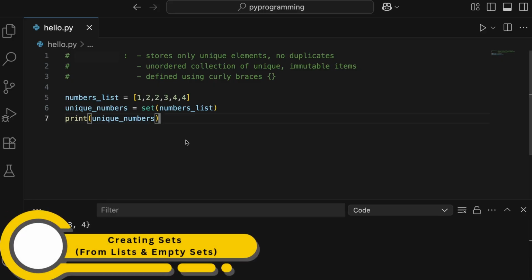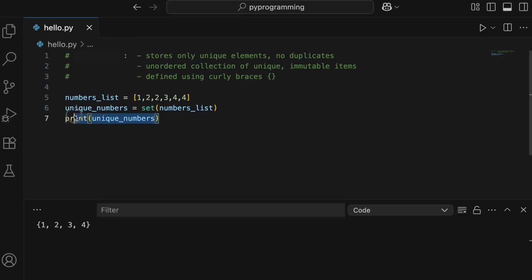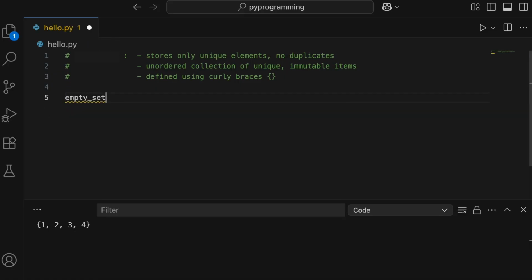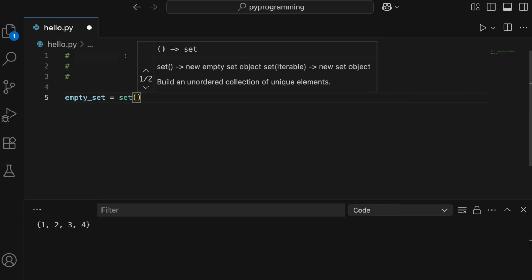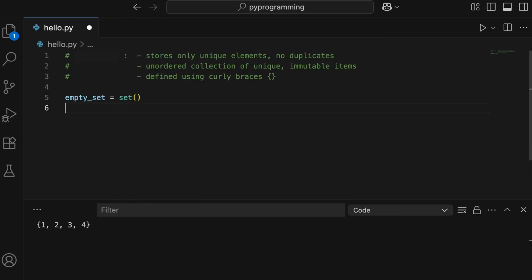Also, let's say if you want to create an empty set, then how would you do that? So let's take a variable empty set, and in order to create an empty set you have to write set and then round brackets. This is how you create an empty set. So you have to mention set. Let's say if you end up writing empty set is equals to, and then curly brackets, thinking that okay, this will define a set because we are using curly brackets. But no, this is going to create an empty dictionary and not a set. So if you want to create an empty set, you have to write set and then round bracket. So that's all on sets.